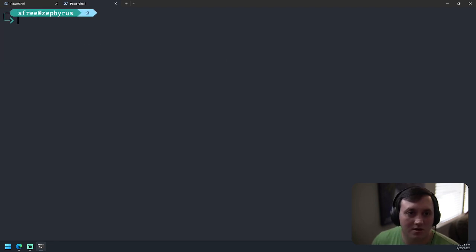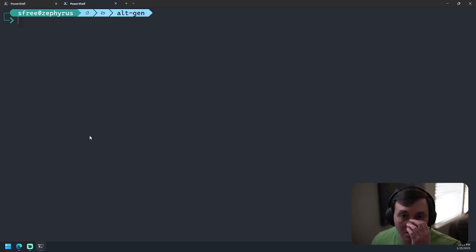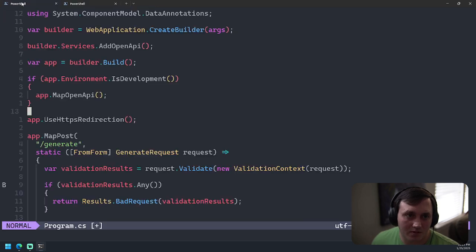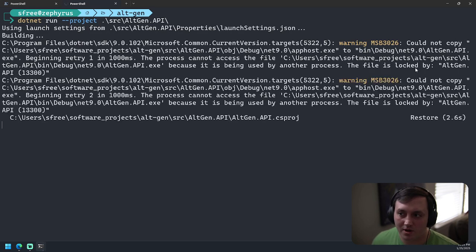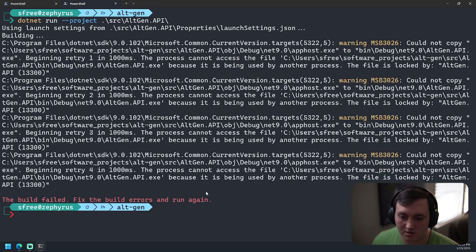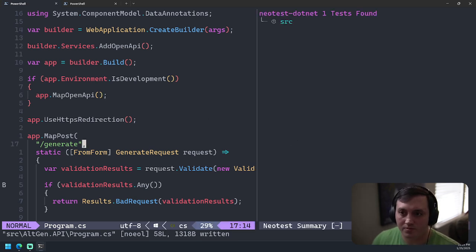That's too small. cd into the project. Oh goodness, no. That's not what I wanted to do.